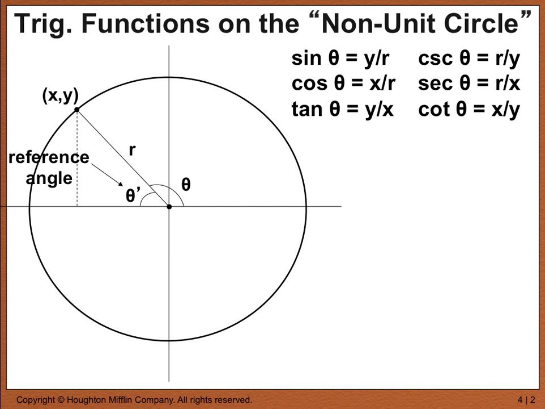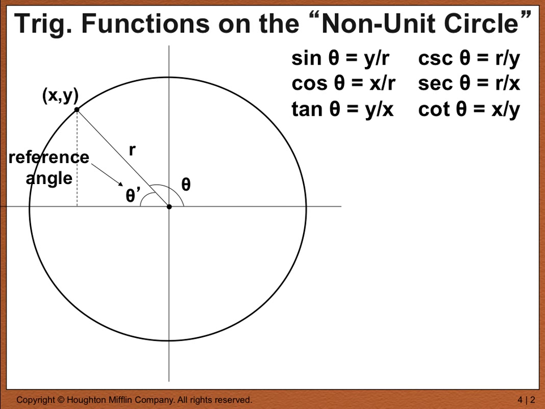Sine theta equals y over r, cosine theta equals x over r, tan theta equals y over x, cosecant theta equals r over y, secant theta equals r over x, cotangent theta equals x over y. I'm going to explain where each of those comes from, but before I do, I just want to put this